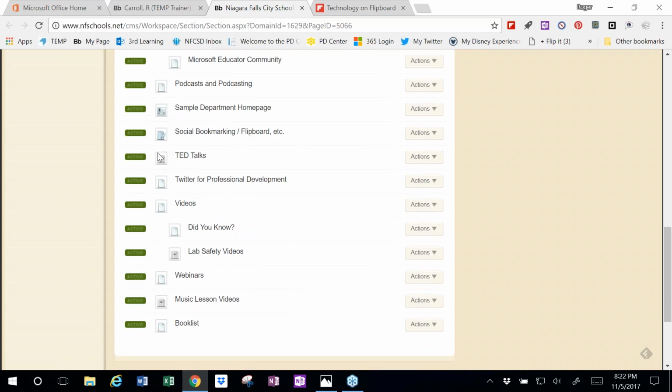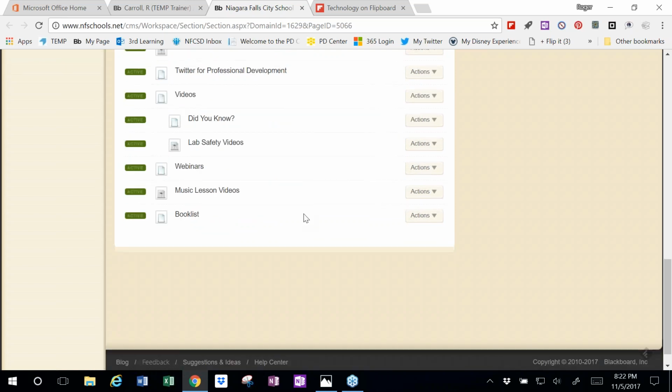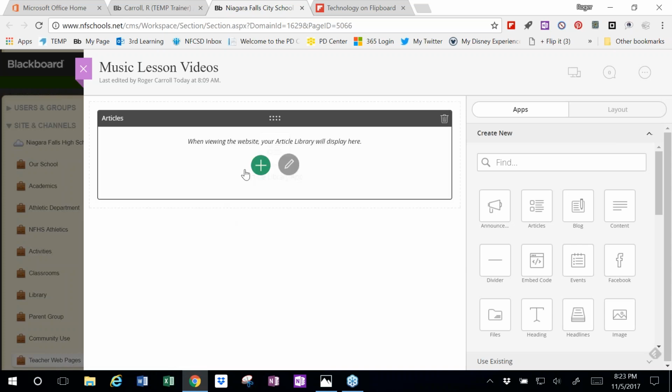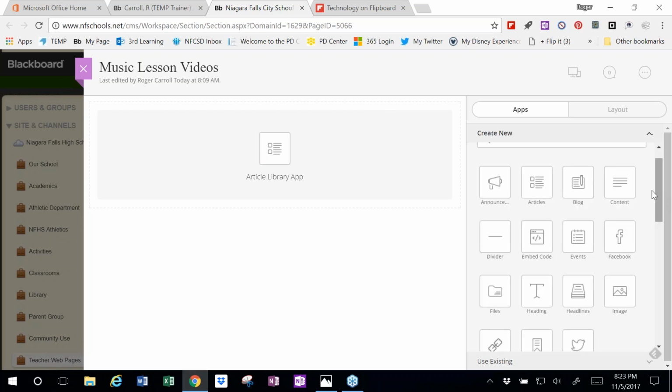But there are other apps that have some unique and specific features that make life a little easier for you, and that's what I was using on my book list here and my music lessons. So let's edit this page. And notice that the music, it tells you what app is on this page. These are called apps, and again, the half dozen or so of you who raise your hand already know that. But the one that we're talking about is probably the one we recommend you start with is